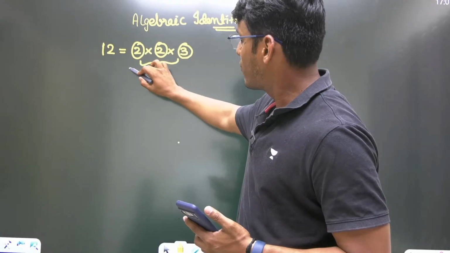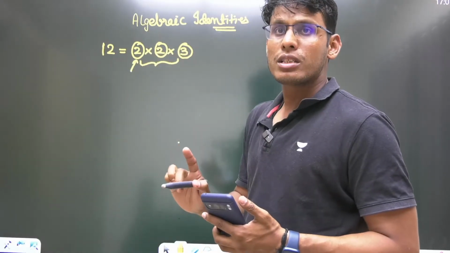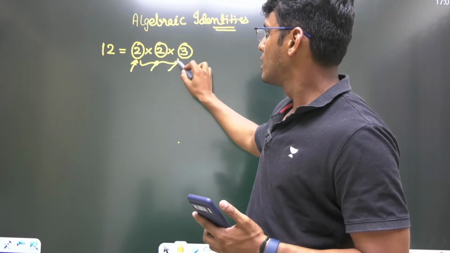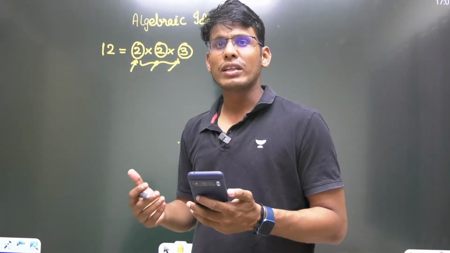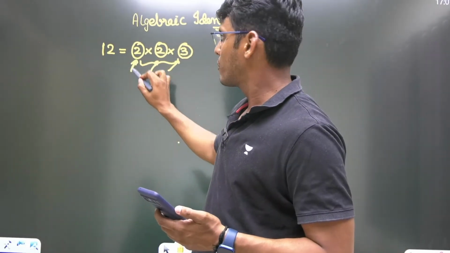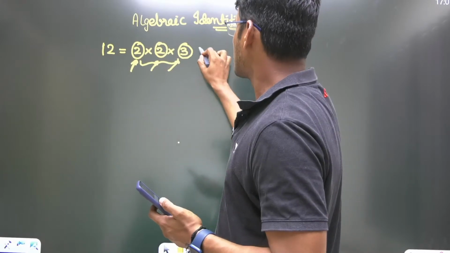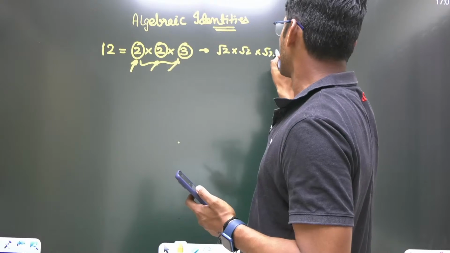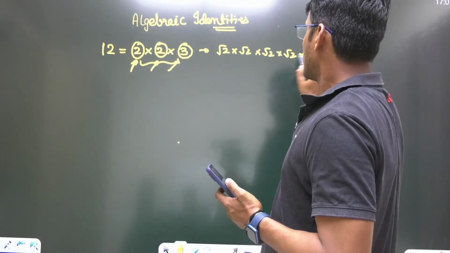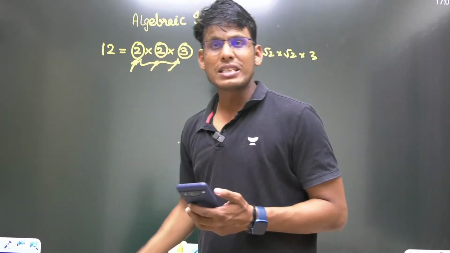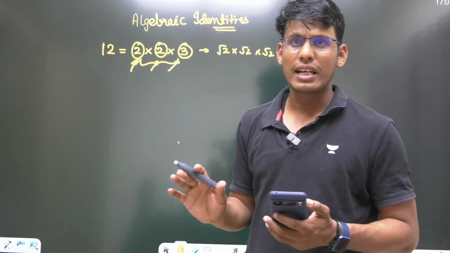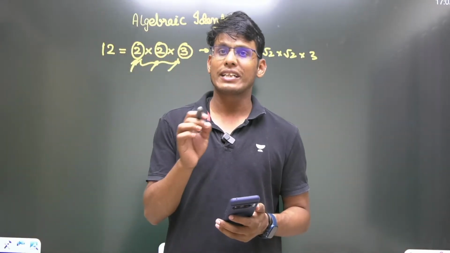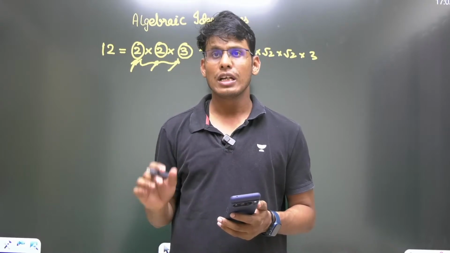In numbers we stop when there is a prime number. You do not write it as root 2 into root 2 into root 2 into root 2 into 3. You stop here. So at a basic level, algebraic identities will be used to factorize the expressions till the